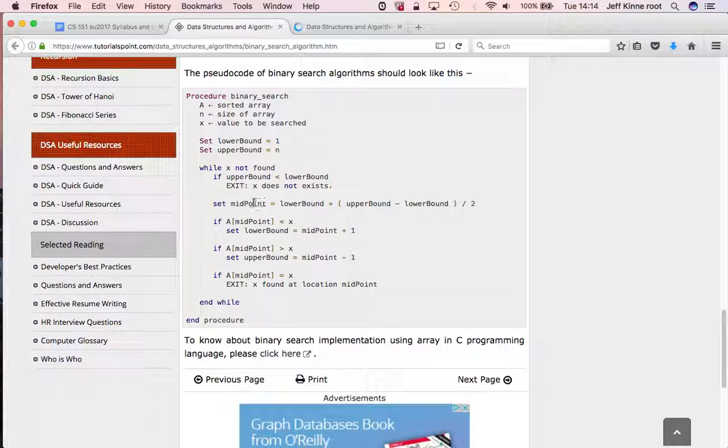Here they have computed the middle item. So the middle item is starting from the bottom, halfway up to the top. So this is the half right here, halfway. So this is the number of spots in the array that we're looking at, and half of that. So this is the midpoint, and if we look at the middle part, either we're going to be less than or greater than or equal to the number. So if we're equal to the number, we're done. If we're less than the number,